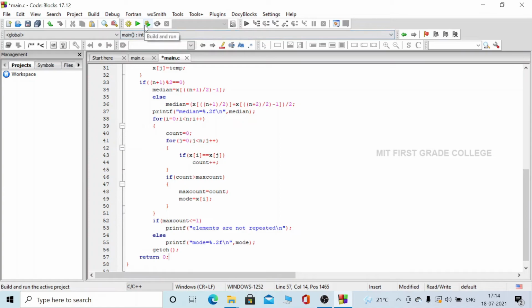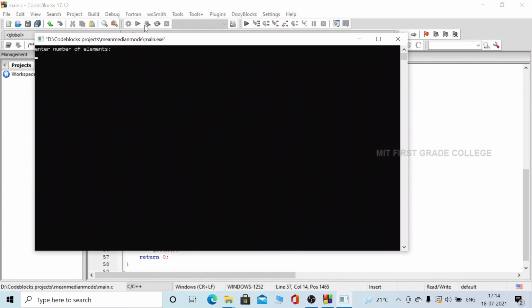Now let me run the program. To run the program, I will be clicking on build and run. Here it is asking to enter the number of elements. Let me give the number of elements as 6 and enter the elements. Let me give the elements as 1, 2,